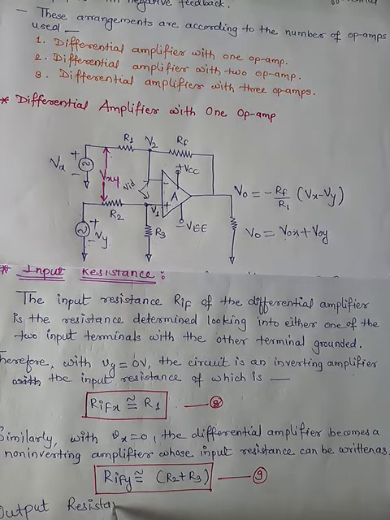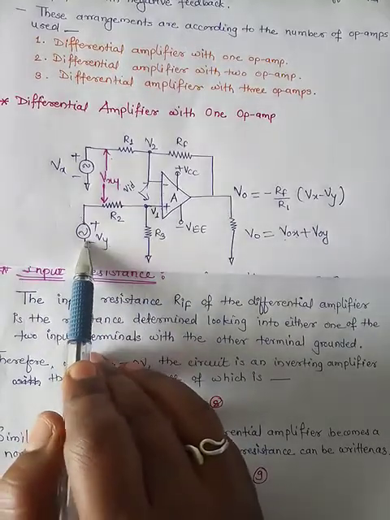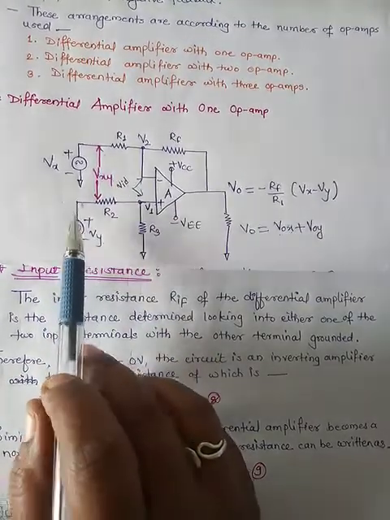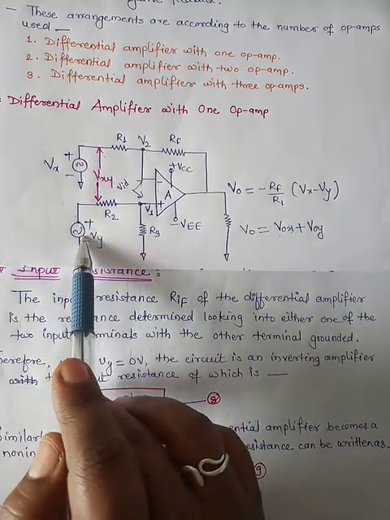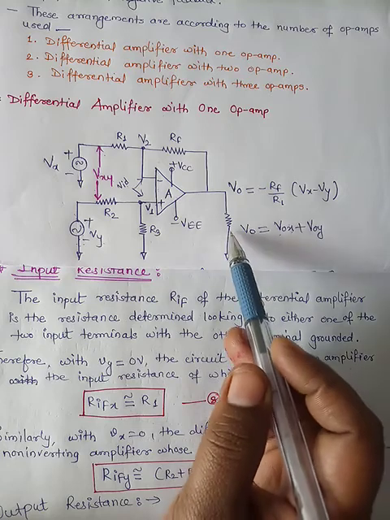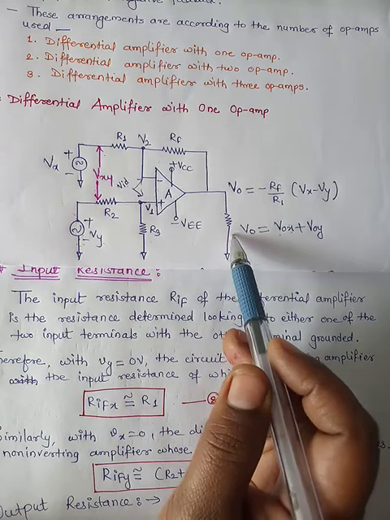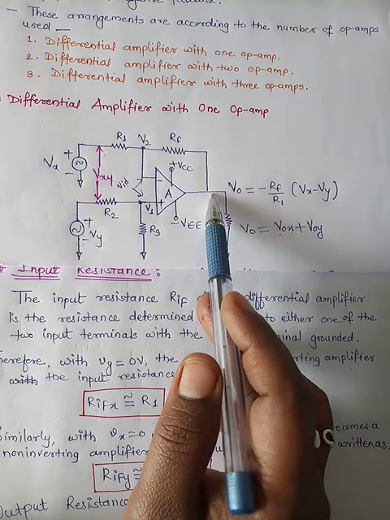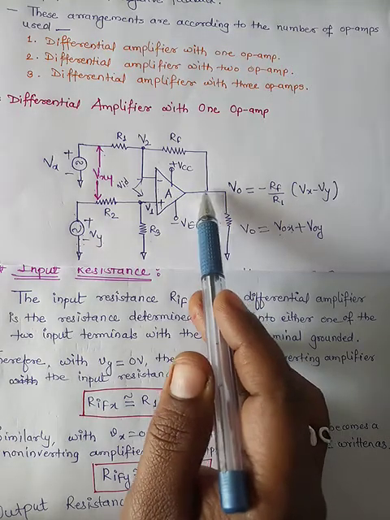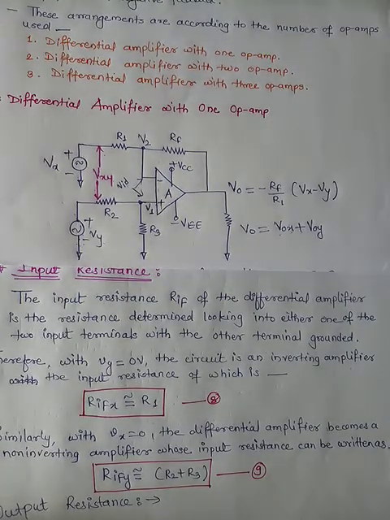is nothing but the resistance when we are looking into the output terminal of the op amp with the independent signal sources grounded. That is, we have to make Vx equal to 0 and Vy equal to 0, and provide the external output signal source at the output terminal V0. Here we have to provide the output voltage source V0, and because of which there is one current I0 flowing into the input terminal. Okay, and because of I0 we have already seen how to find out the output resistance